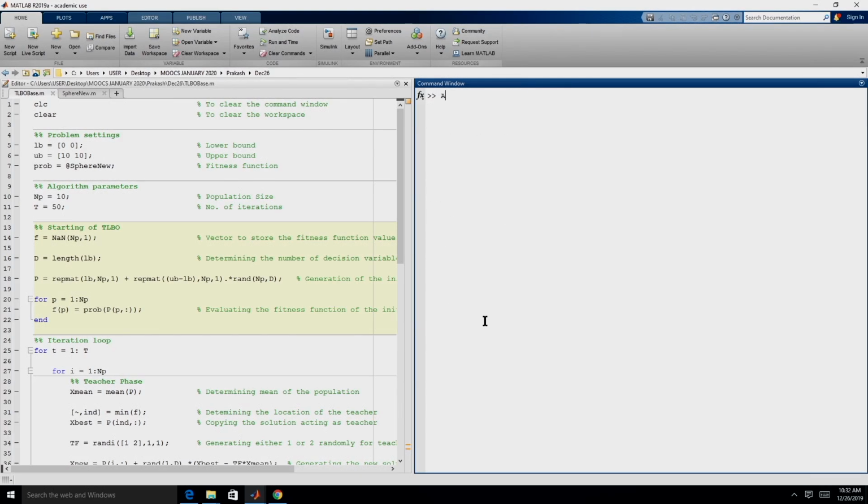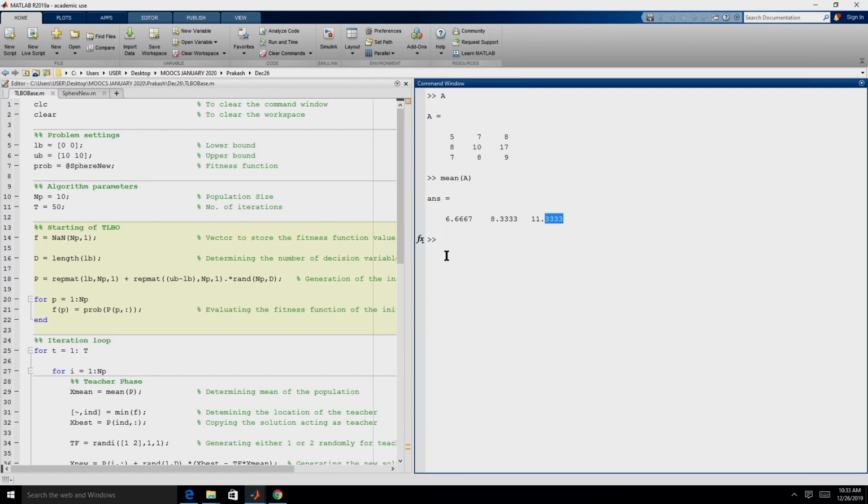I have this variable a. So, if I say mean of a, remember in teaching learning based optimization, we will also be required to find out the mean of the population. So, we will be using this function mean over there. Mean of a will give us the mean for every individual column. The mean of 5 8 7 is 6.66, 7 10 8 is 8.33, 8 17 19 is 11.33. So, this is a function which we will use to find the mean of the population.